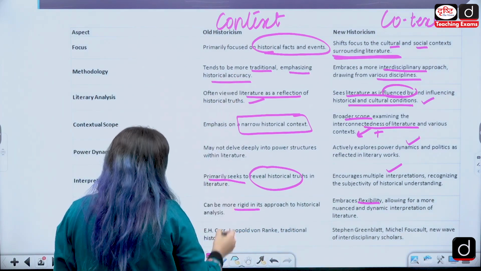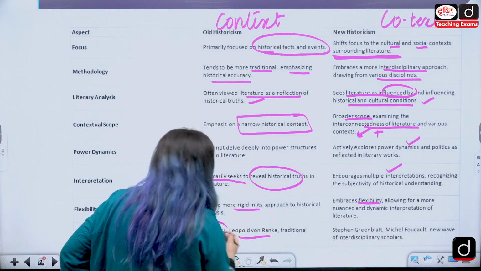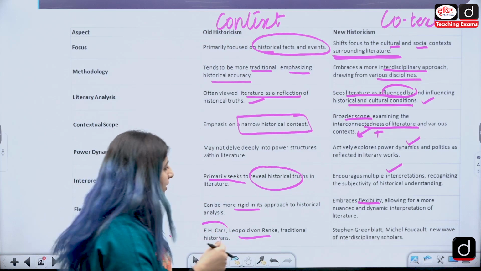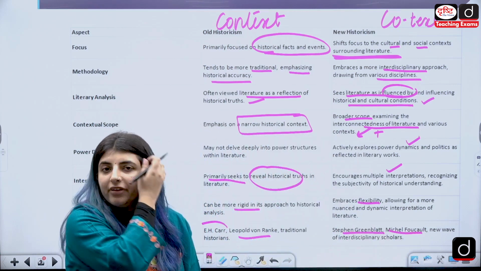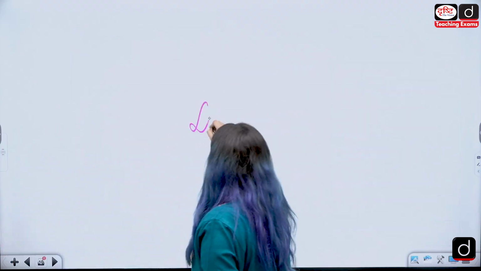So here, old historicism, we have people like E.H. Carr, Leopold von Ranke, who are traditional historians. And in new historicism, the major figure is Stephen Greenblatt, Michel Foucault. We also have other theorists by the name Louis Montrose